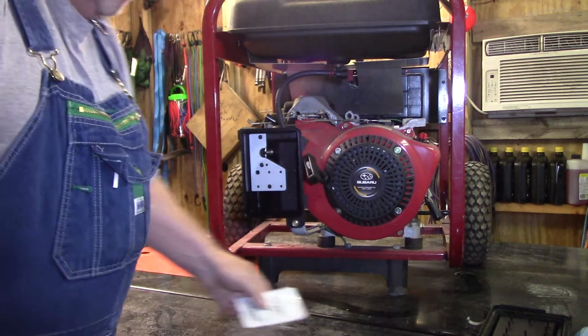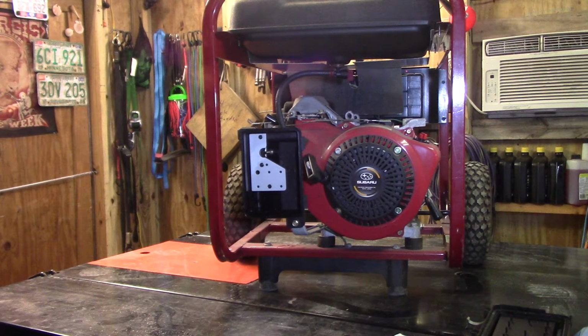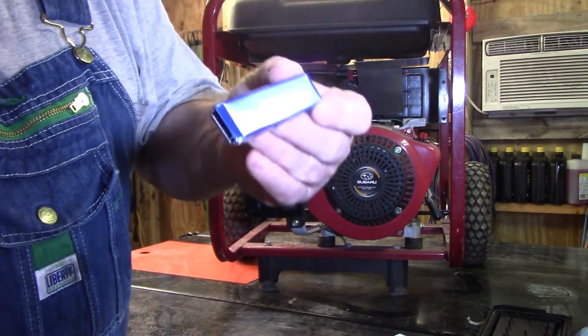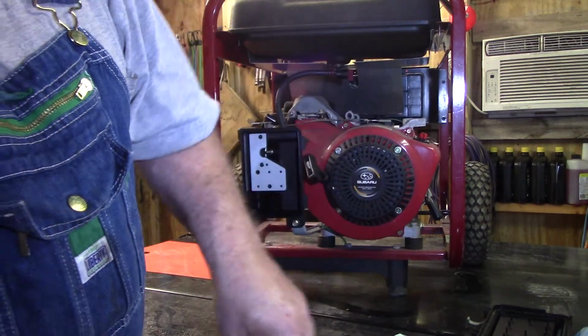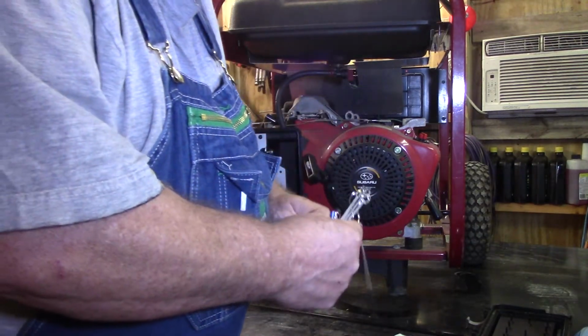I bought me some carburetor cleaning. Finally bought a set of carburetor cleaning tools. They're not much, but they work. Let's see, I'll get some of them out here and show them to you. Yeah, here they are. Alright, when I bought them, I bought 3 sets of these, the torch clean tips. And they're good for cleaning carburetors with. I already knew that, but it was so cheap that I bought